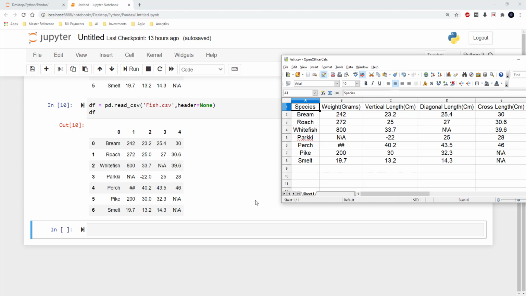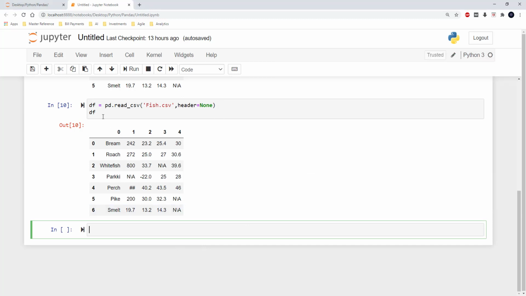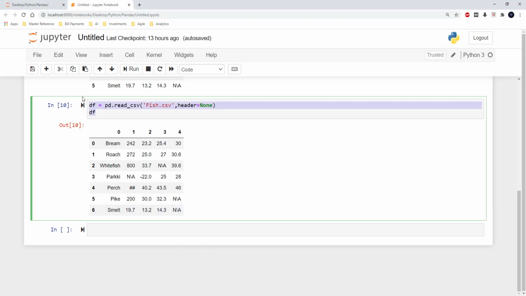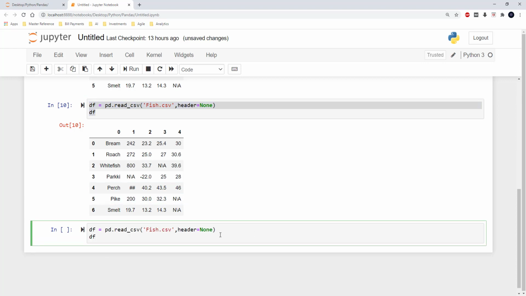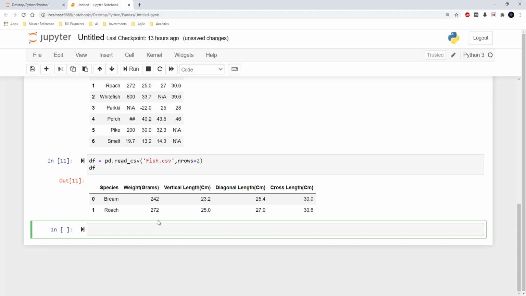I'm saving this, and sometimes what might happen is there might be lots of rows in the files, and we just wanted to read only a specific number of rows. Here in this example, I wanted to read only the first 2 rows. Then in that case, I can use nrows. The nrows attribute could be used along with read_csv, and here I am using nrows equal to 2. And if I run this piece of code, you can see that only the first 2 rows is being read into the data frame.